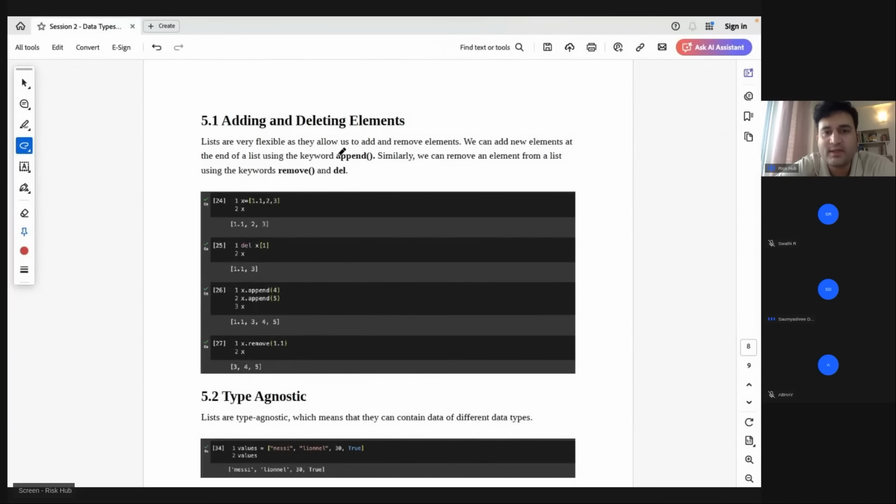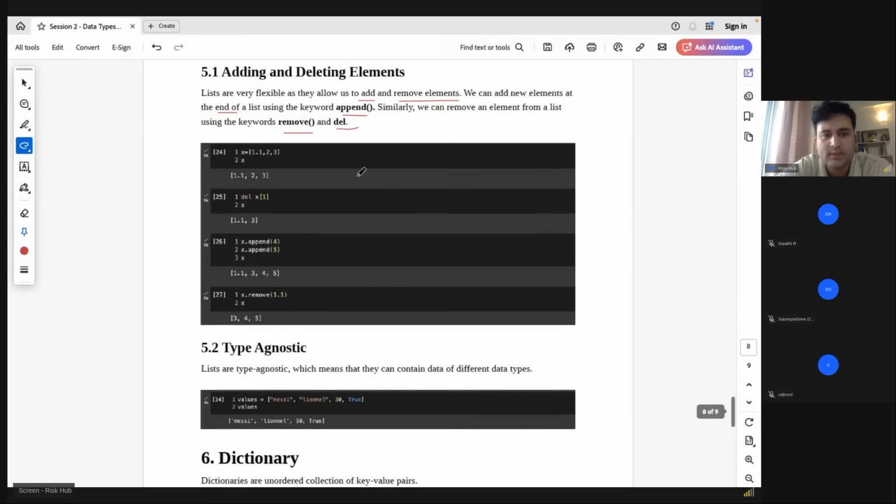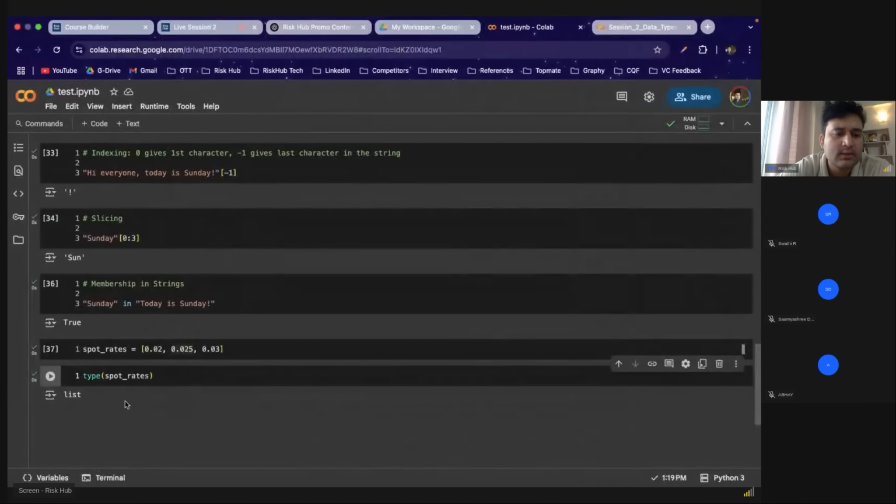Now, these are very flexible as they allow us to add and remove elements, right? So that's what I said, that they are mutable. We can add new elements at the end of a list using the keyword append. Similarly, we can remove an element from a list using the keywords remove and del. They are used in a slightly different manner, and we will look at how they work. So, for example, if I do del